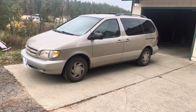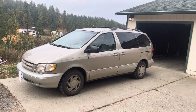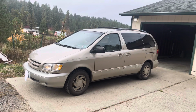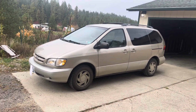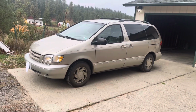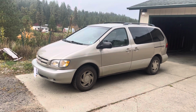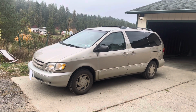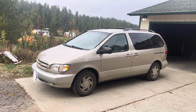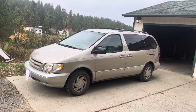This is different. I mean, you can go get in a 2020 Sienna, drive it, drive this. They drive the same. And you talk about miles per gallon. Okay, I do a lot of idling. I live in the mountains. I average 20 miles per gallon taking the kids to school, loaded up, before I get on the highway at all. I've seen 23 miles per gallon, even with the family in it. But I average 20. And that can buy a lot of gas versus a $57,000 newer Sienna that'll get, I